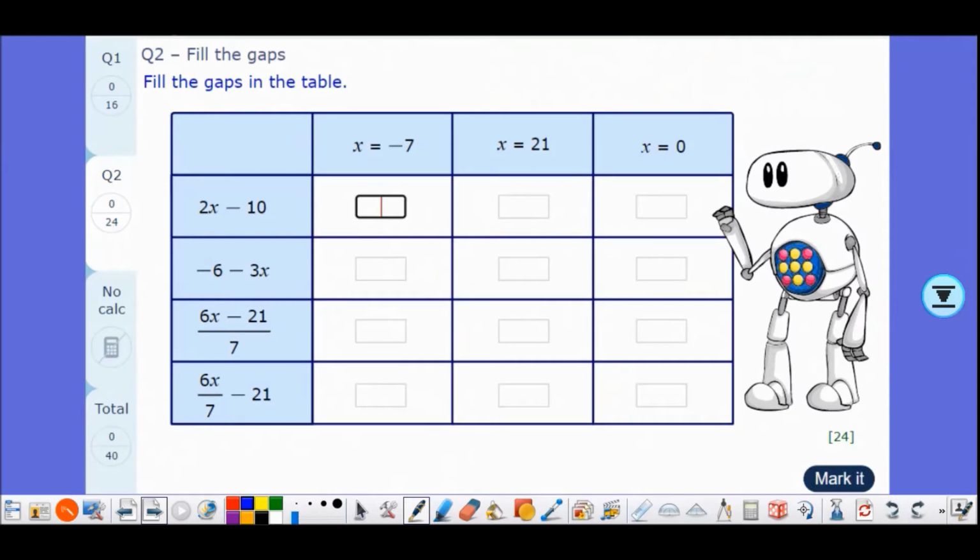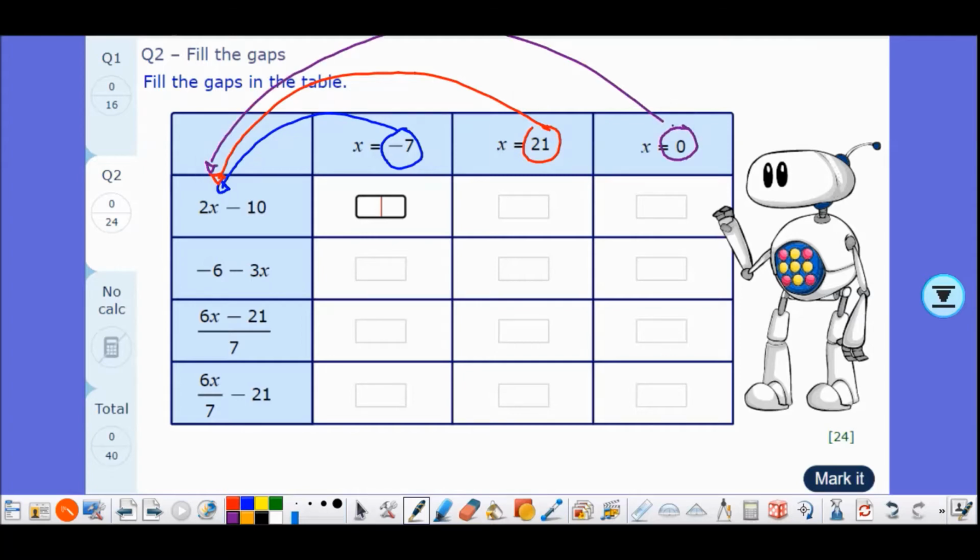Part 2. Fill in the gaps in the table. All I'm going to do is substitute the value into the x on this one, and I'm going to substitute the value into the x on this one, and into the x, okay, in each of these cases. So let's do the minus 7 first. 2 multiplied by minus 7